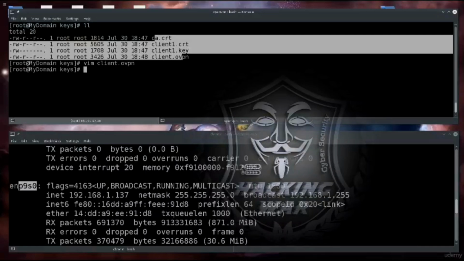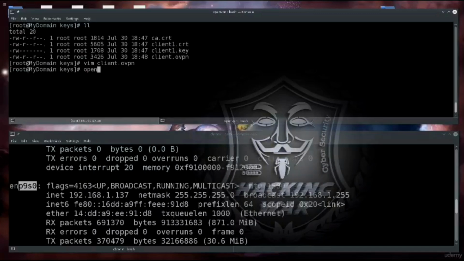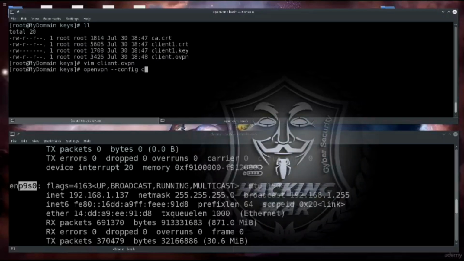And now I think I should be able to basically connect. So let's go ahead and give it a shot. OpenVPN config. If I'm not, I'll come back in the follow-up tutorial where we'll see what I'm actually missing. Config, so